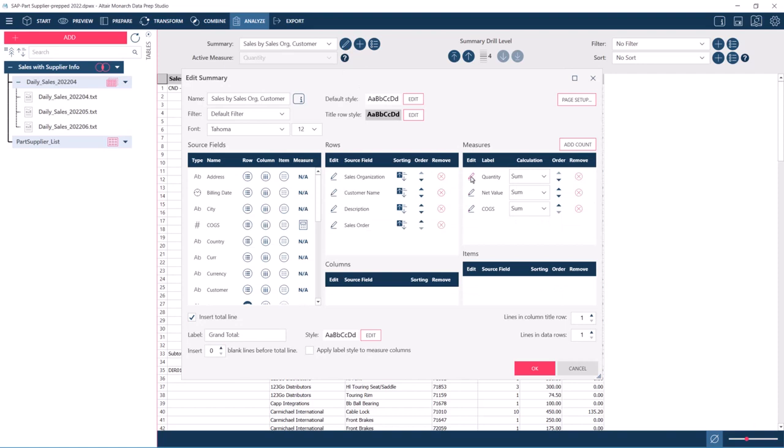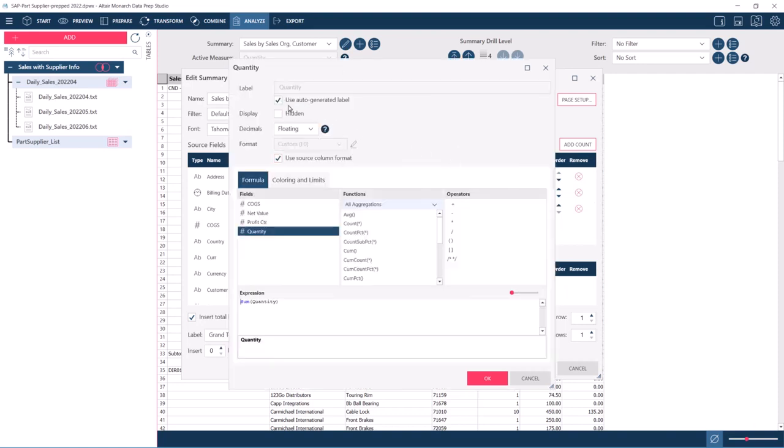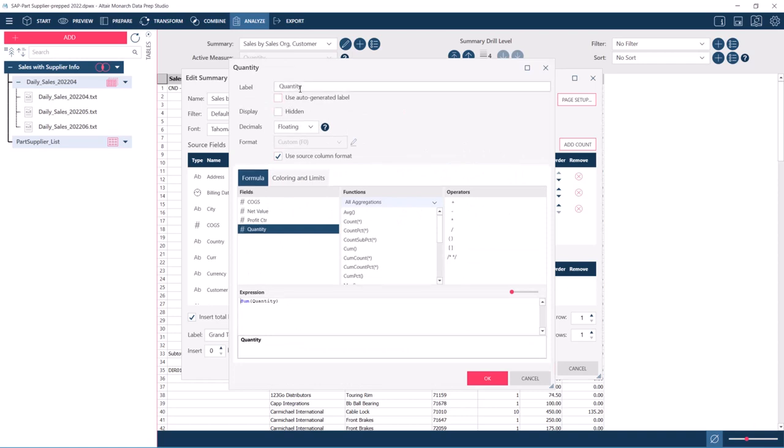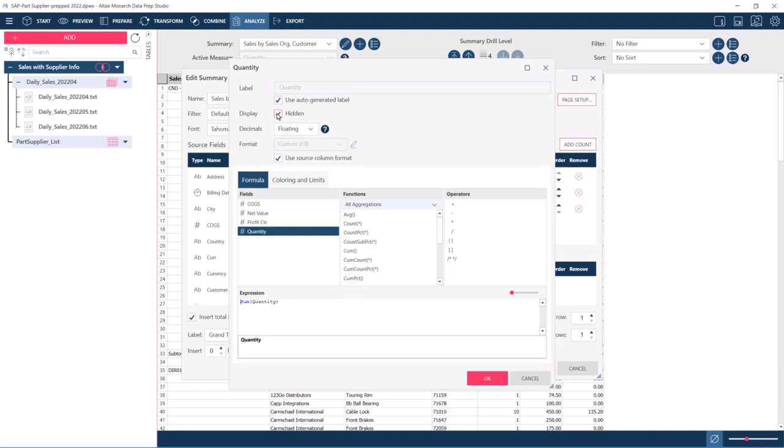Let's start with the quantity. You can change the column label into something other than the auto-generated one. You can hide the column, but only for the summary and not for the table in Prepare. There are options for the decimal precision from 0 to 9 as well as the full numeric range. By default, the source column format is used, but you can select from predefined formats